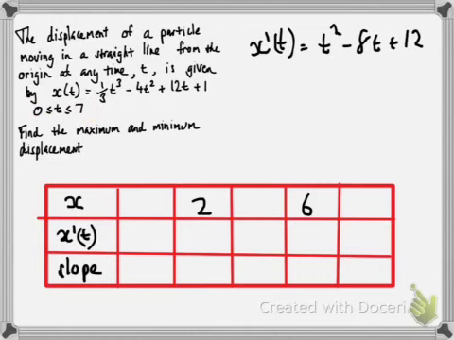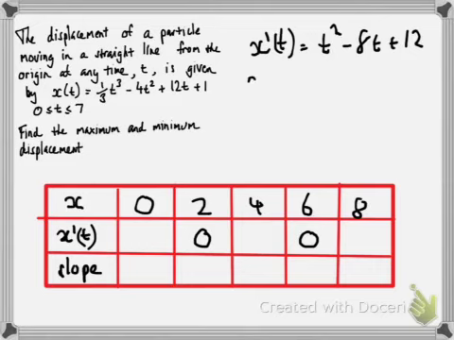Right, so I've set up the gradient table here of 2 and 6, and we're going to surround these numbers with numbers either side of 2 and 6. So we've got 0 is a good choice here. We can put 4 there and 8 there. It doesn't really matter as long as those numbers fall in order. We know that if we put 2 into the derivative, we get 0 because it's a maximum or a minimum, same with 6. Alright, so what we do now is we put those values 0, 4 and 8 into the